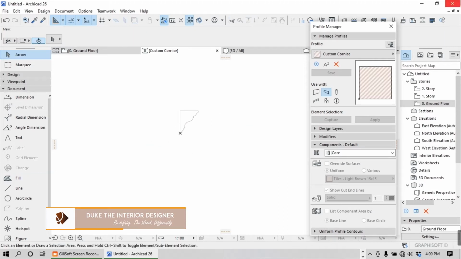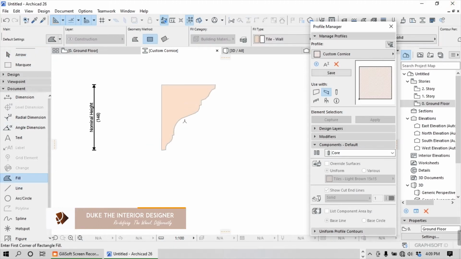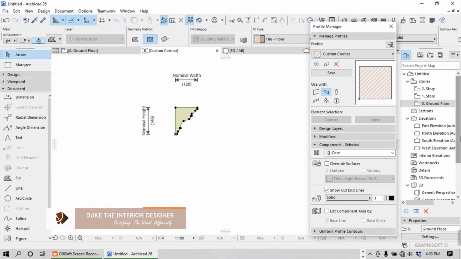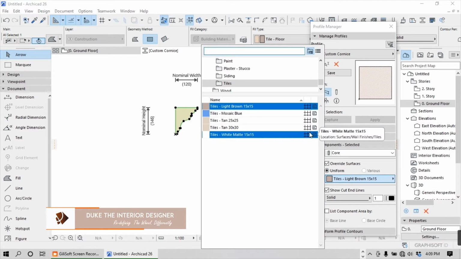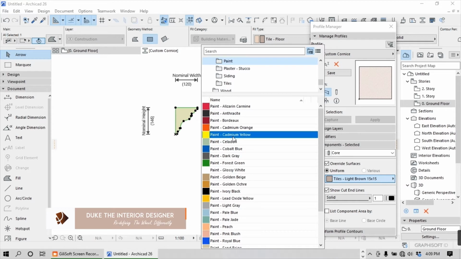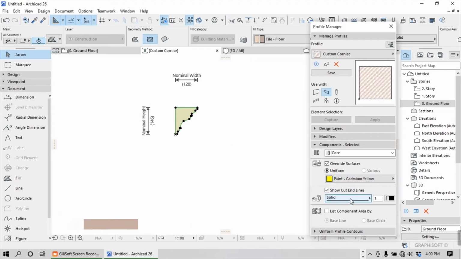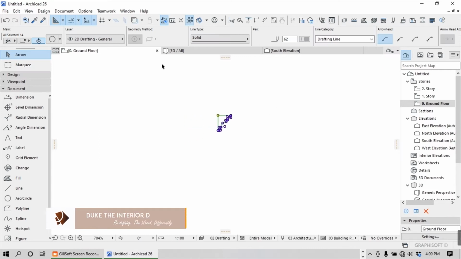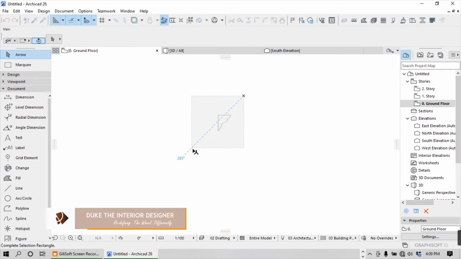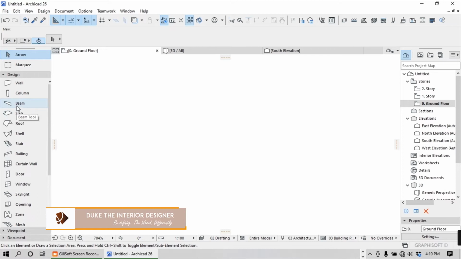Now, do have a fill. Click on the fill, pick on the fill, go to override surfaces. In most cases the cornices are painted, so let's go to paint and let's choose a nice paint. Let's do this one and then save. And then you can come out of here, go to the ground floor, pick on the beam,